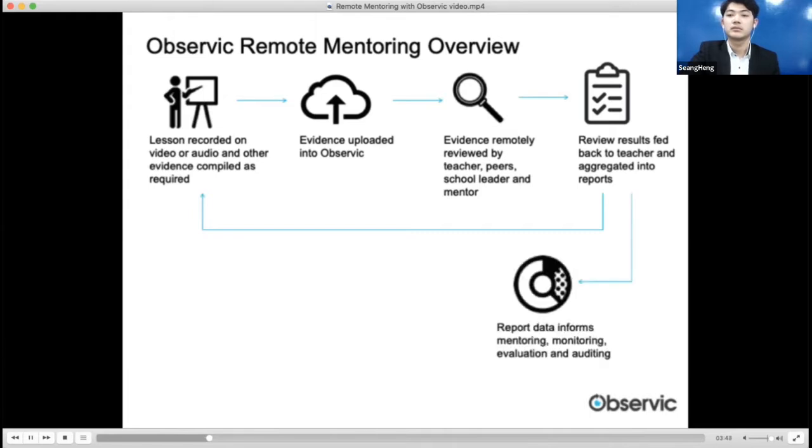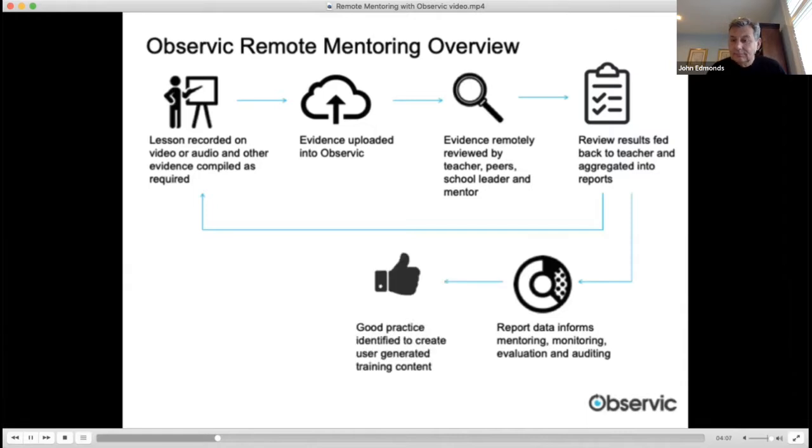Data from a completed review is automatically added to that from previous reviews. As more and more reviews are undertaken, the data can be analysed within reports to show performance at subject, year group, school or district levels. Reports also allow us to identify examples of good practice against any of the performance criteria we've used in the observation forms. Not only can we identify a high-performing teacher, we have the evidence already collected that shows that